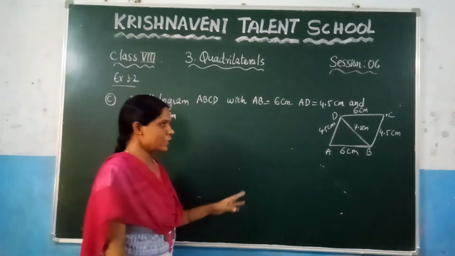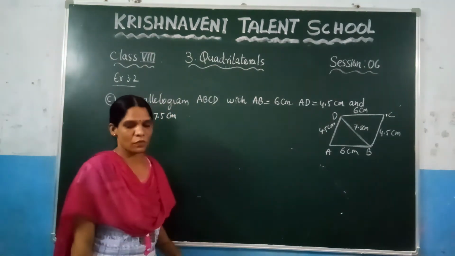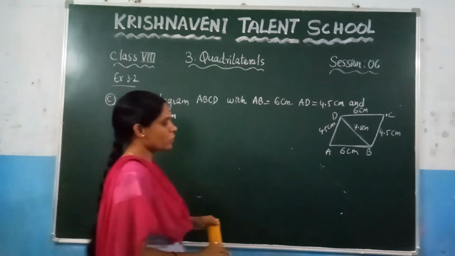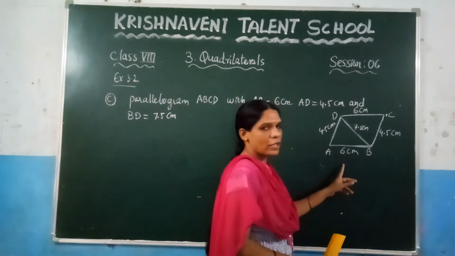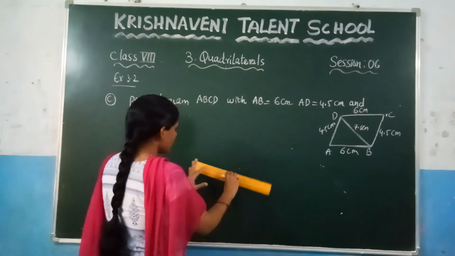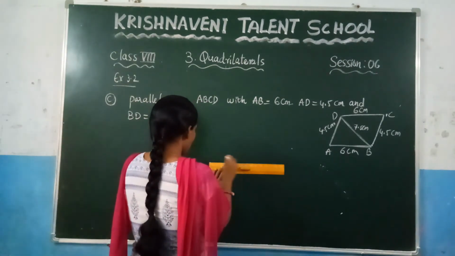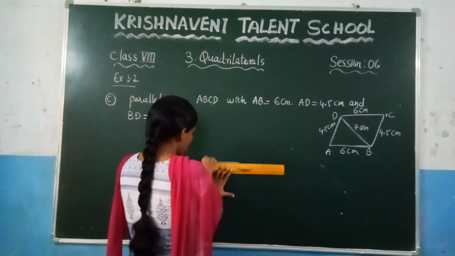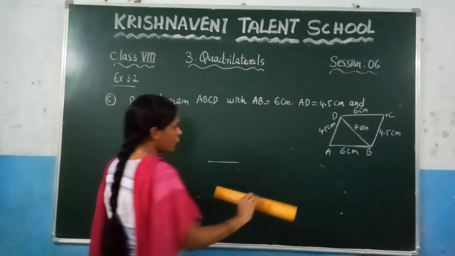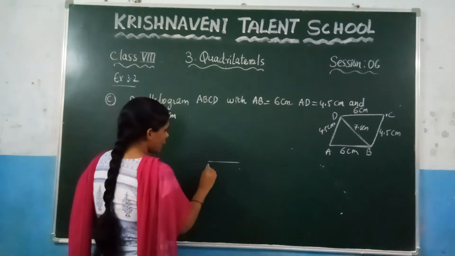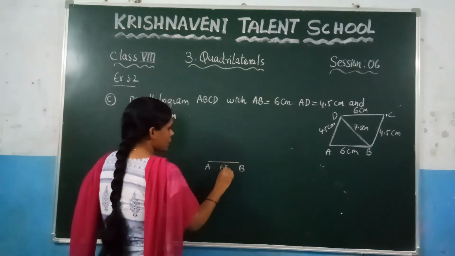Now let us draw the triangle with the help of the geometrical instruments. So here, first, what do we need to draw? We need to draw a length of AB, which is 6 centimeters. So let us mark 6 centimeters here. This is 0 and this is 6. Join these two points so that we get AB, which is 6 centimeters in length. So write here AB, which is 6 centimeters.